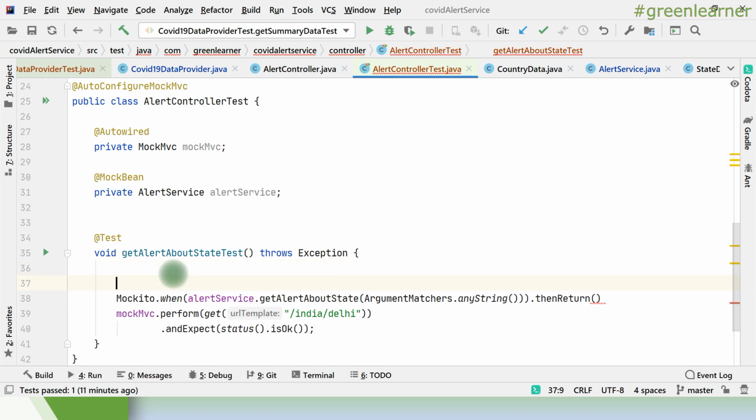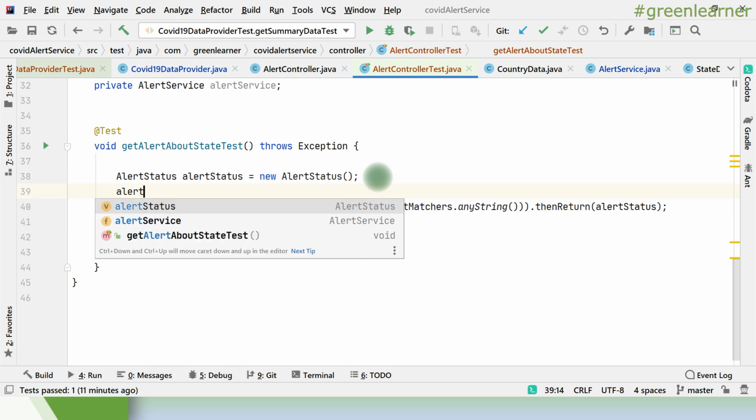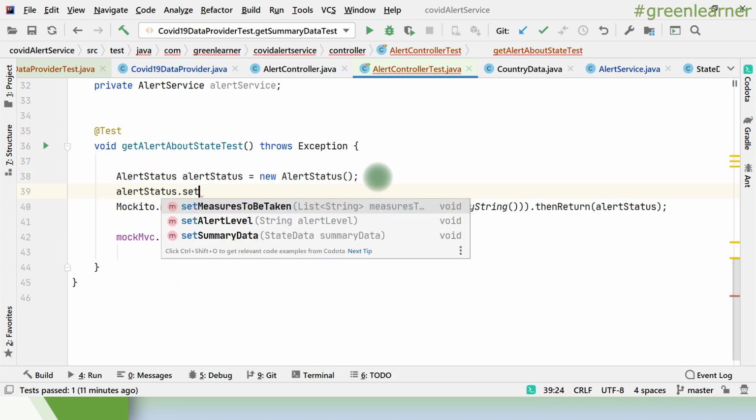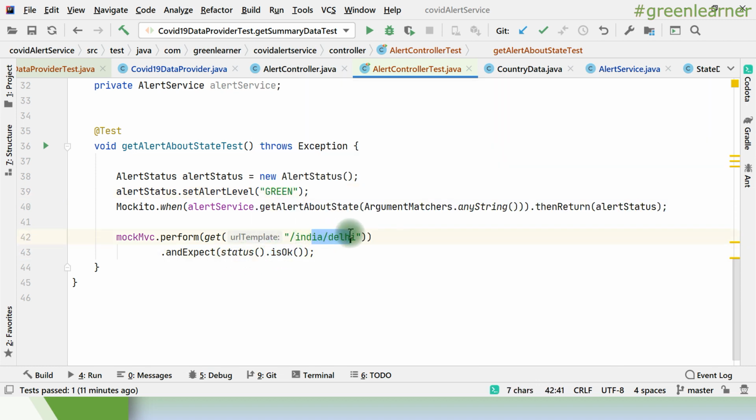I have to create one instance of Alert, and under the alert status I can set the alert label, for example green, right? And expect status. So here we are just comparing the status, whether this endpoint is there or not, right?